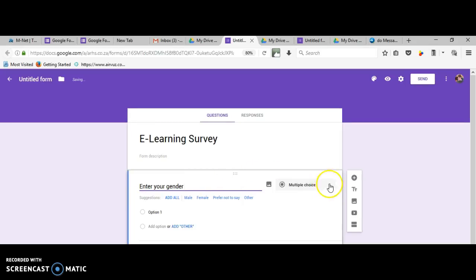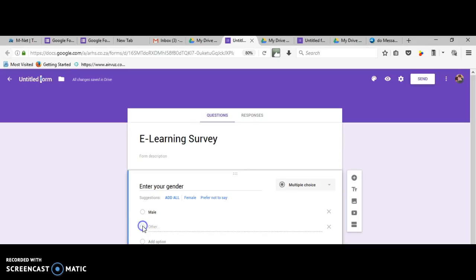Okay, and I want option 1 to be male. Okay, so option 1 will be male, and option 2 will be, if we go to have a look here, add an option, we would go and enter female over here. You could also add other if you wanted to, but I want to go and type in female in that